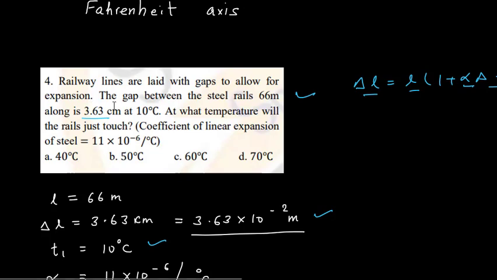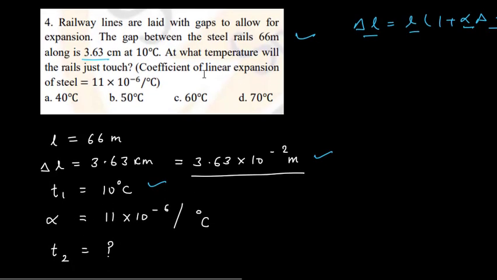Okay, the gap between the steel rails, 66 meters long, is 3.63 centimeter at 10 degrees Celsius. So the initial temperature was given as 10, at that time we maintained a gap of 3.63. At what temperature will the rails just touch? So we have to check when the increase in length will be this 3.63 centimeter, that is 0.0363 meter. Initial temperature was 10, let the final temperature be T, and the coefficient of thermal expansion is given,